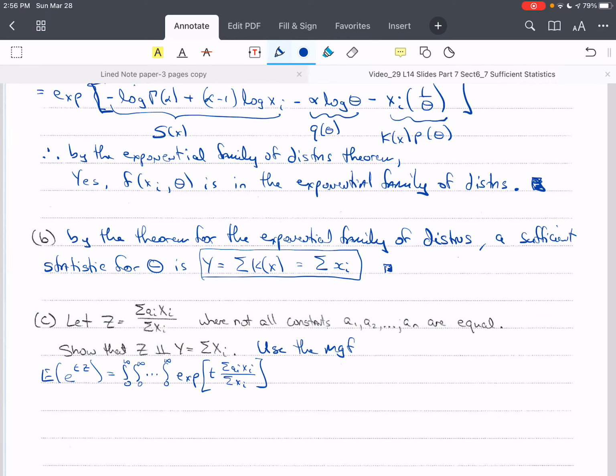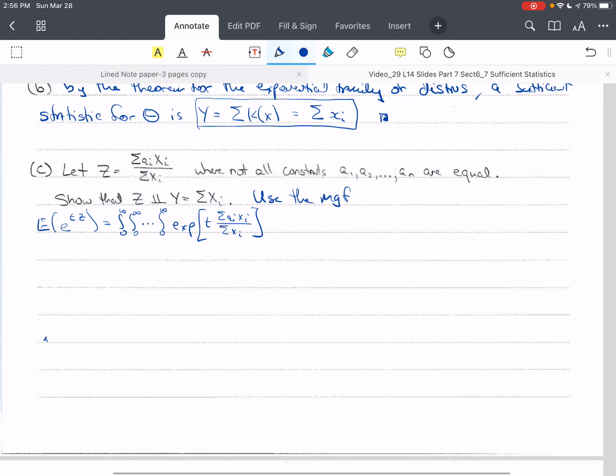So we're going to have the PDF, the joint PDF of this. So let me do the joint. I realize I'm skipping steps here by doing this. The book assumes that you already know how to do this, and I know that you know how to do this, but it's good practice for us to go through this. Make sure that you get the algebra right. So the joint PDF of x1 to xn equals the product of f of x_i theta,